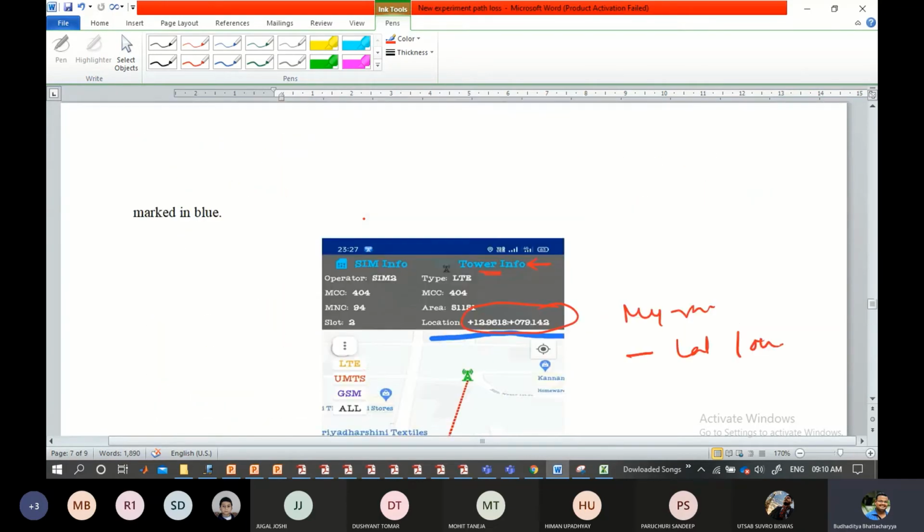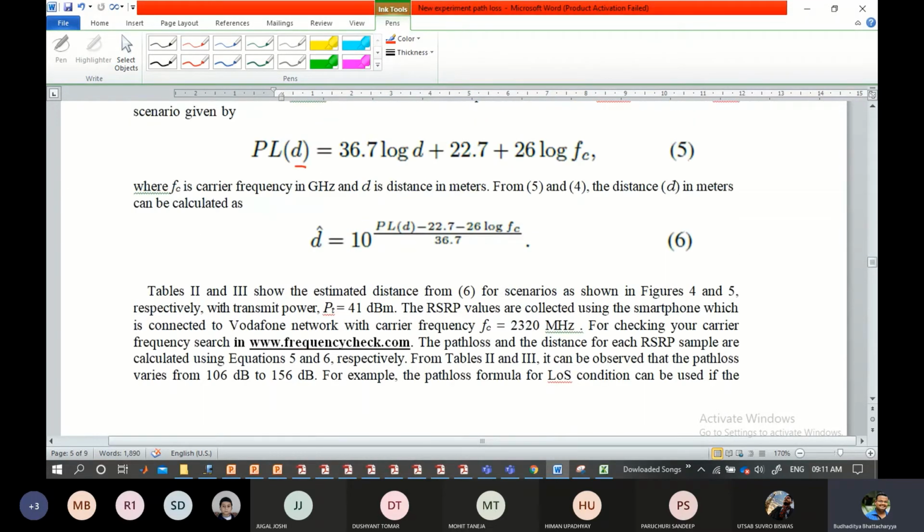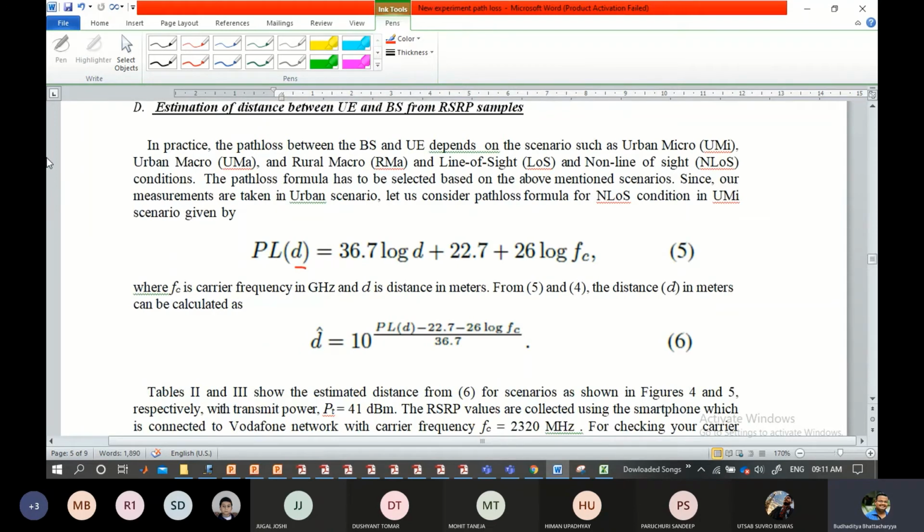Now, if you know the distance, with this process, any doubt? How do I calculate? How do I get it? Because everything is mentioned over there. If I know the distance, I can directly substitute it in this kind of model, because you can check here that the unknown is the distance. So for a particular distance d1, suppose in this case it is 50 meters, like the reading I have taken, and you have a known frequency, suppose 2.3 gigahertz,